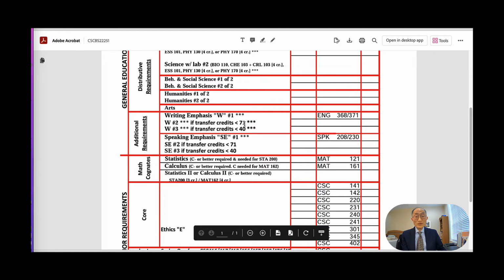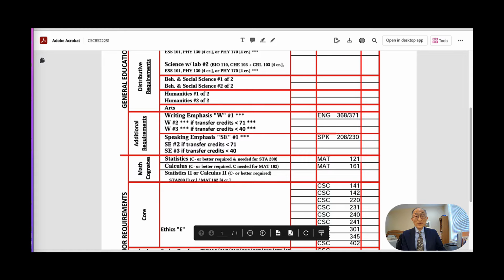If you take courses between 40 and 71 from other universities and transfer them in, you need only 2. And if you transfer more than 71 credits, you can take only 1, which is one of these 2, English